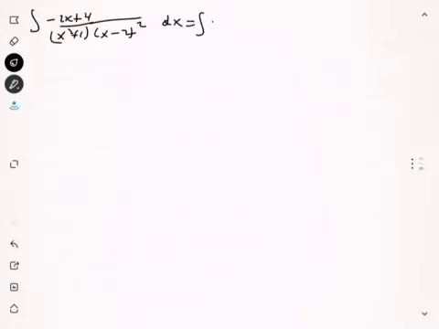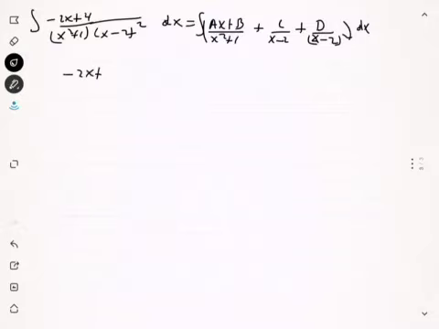So for the quadratic factor, we're going to need ax plus b divided by x squared plus 1, and then for the linear factor, we're going to need c divided by x minus 2 plus d divided by x minus 2 squared. Like this. And so then again, by writing the fraction on the left and the partial fractions and clearing fractions, we get